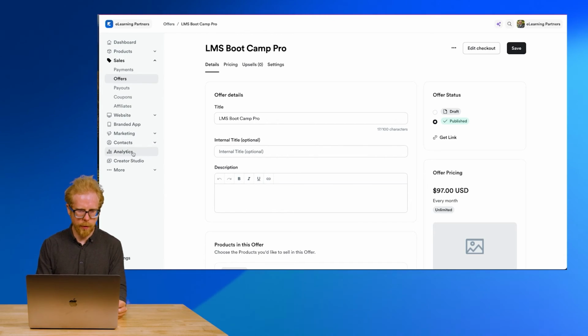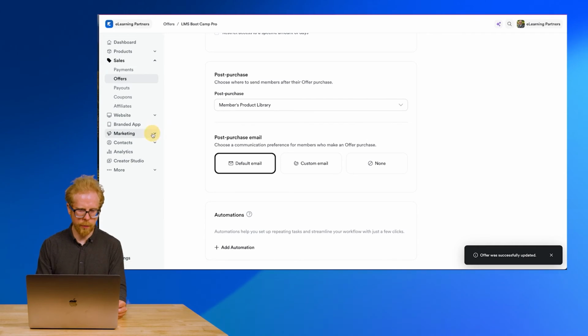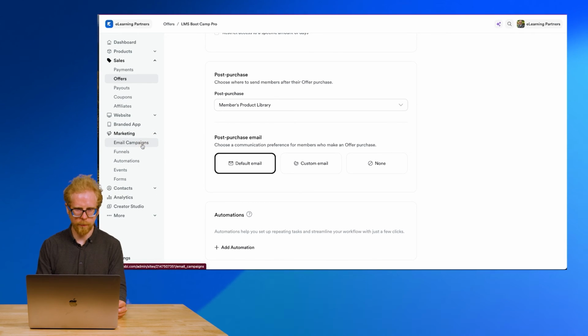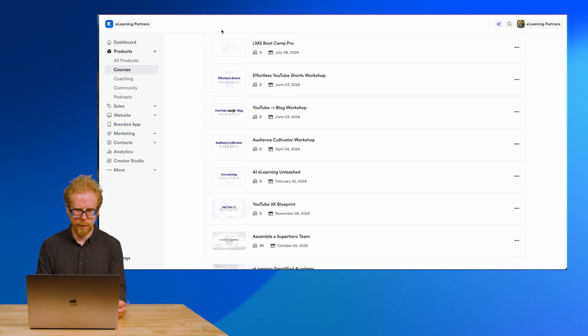Now we have 2 more things to do before we're ready to start selling this course. First one is, well, I'm going to save this, and we're going to come back to this offer page because we're actually going to add an automation. Okay, what you can do is go to email campaigns. And for this, I'm actually